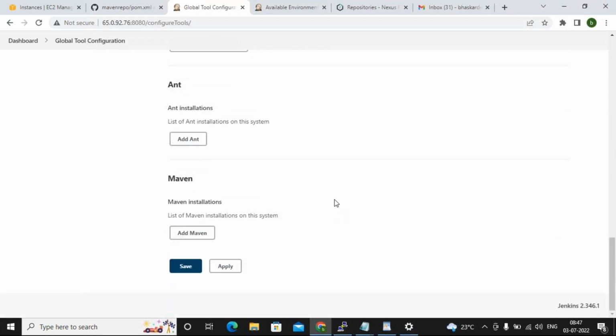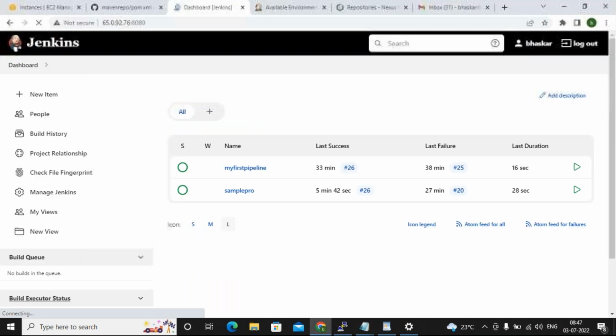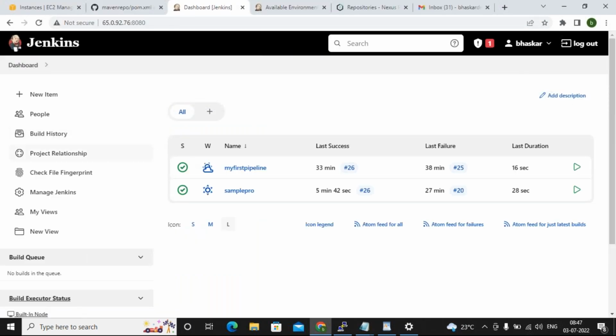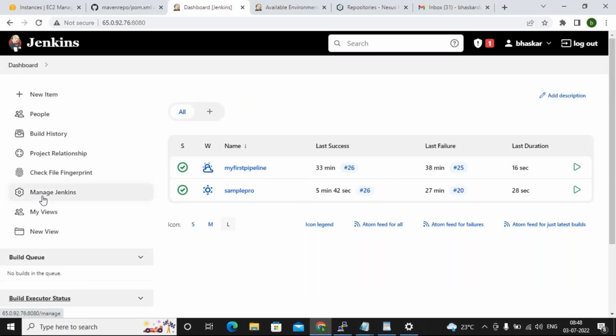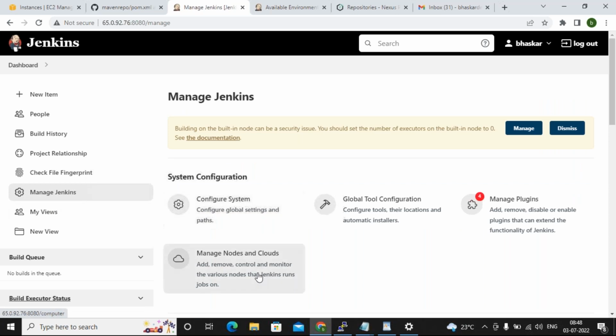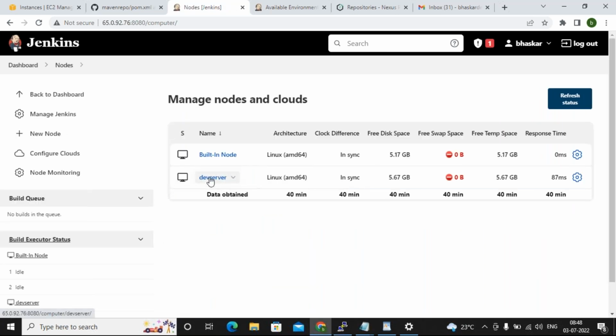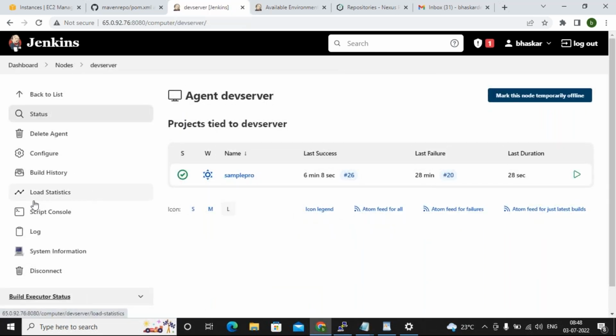Even server level variables, agent level also, guys. Example, for a particular agent I need a variable, and it doesn't matter whatever jobs I'm running in that agent, all the jobs need that variable. Then go to Manage Jenkins, Manage Nodes, open the node.